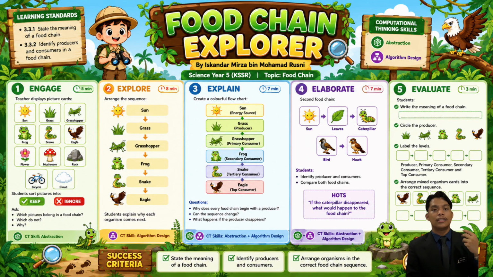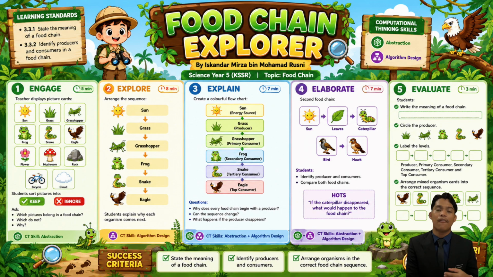In this activity, students construct the food chain by following a systematic order. They begin with the sun as the source of energy, followed by the producer, then the primary consumer, secondary consumer, and finally the tertiary consumer. If the sequence is incorrect, the food chain no longer represents the natural flow of energy. Therefore, pupils learn that every ecosystem follows a logical process and that scientific concepts can be understood through organized step-by-step